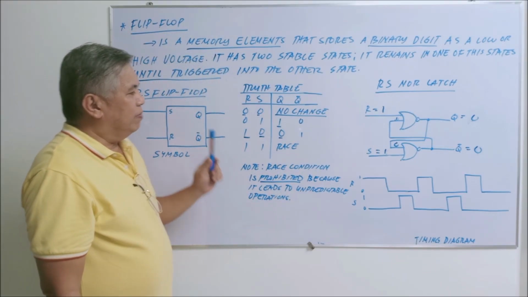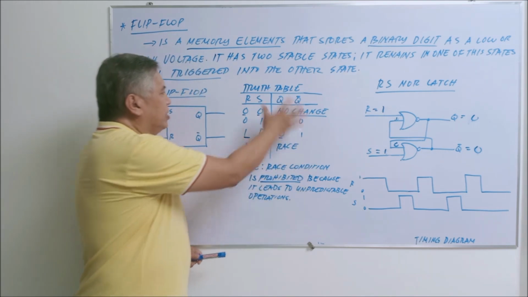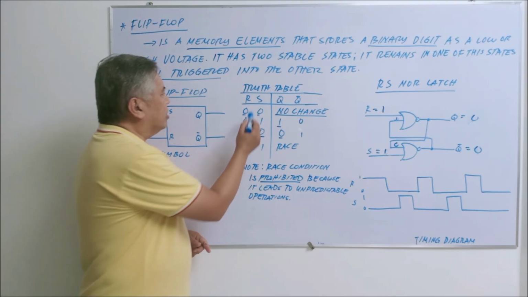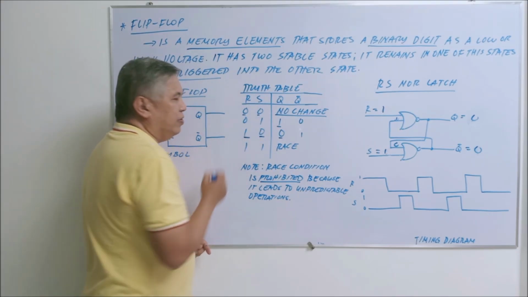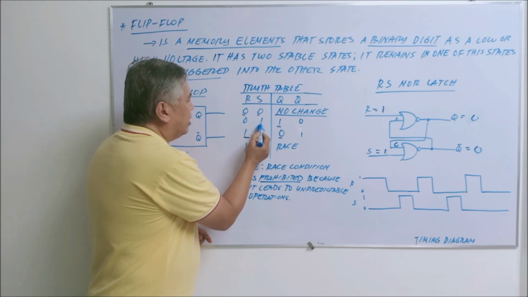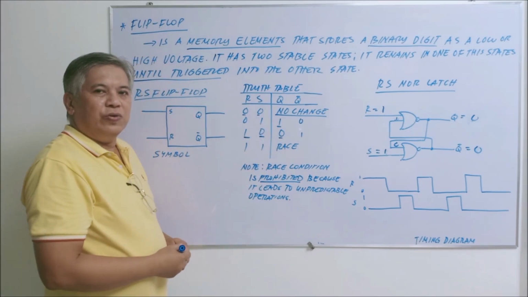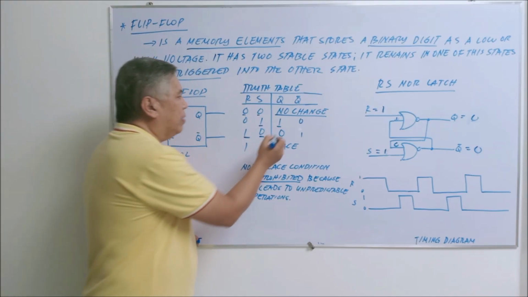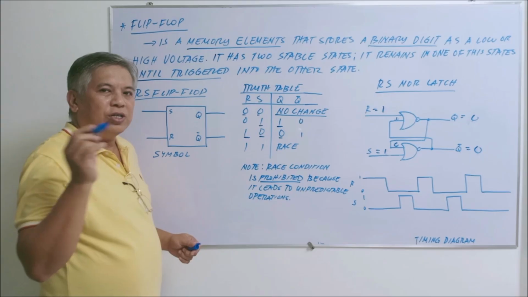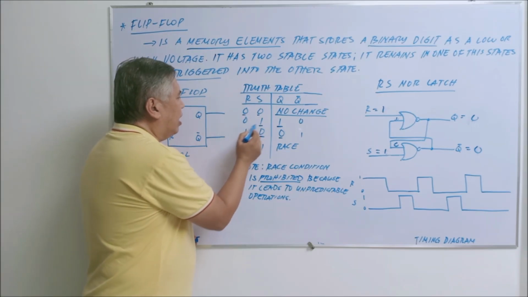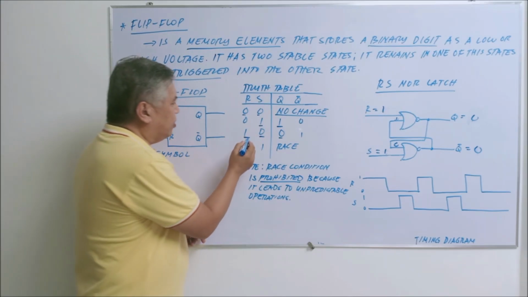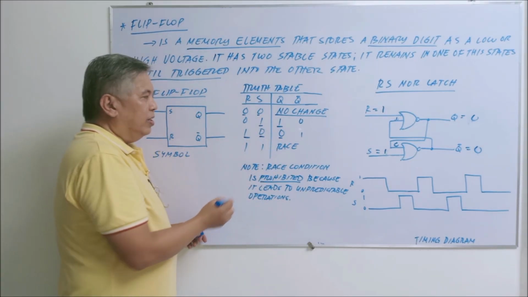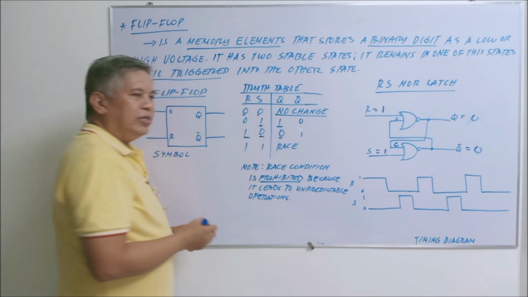Okay? Now, before that, if you notice that in your RS flip-flop table, for as long as R and S have different values, then we can say that S implies Q. What do you mean by that? That means that whatever is the value of your S becomes the value of your Q, for as long as R and S are different. In this case, you have here 1, 0, S implies Q. 0, 1, S implies Q.